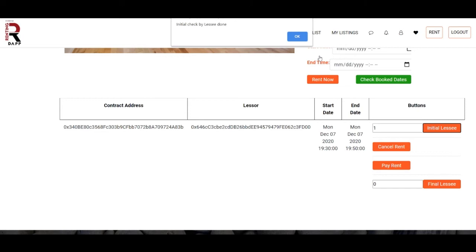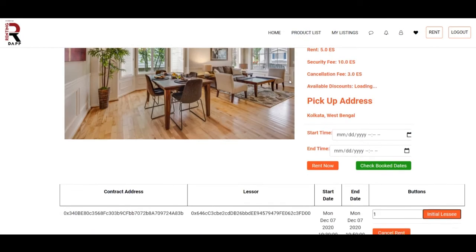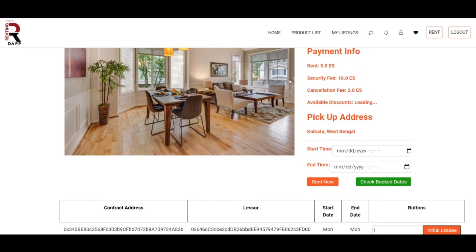Once you click on initial lessee, your security amount here, which was I think, okay, I'll just see, which is 10, has been locked from your account. Okay, so that 10 has been deducted from your account, but that has not been transferred to the owner's account. It is just locked, it's there as a deposit.